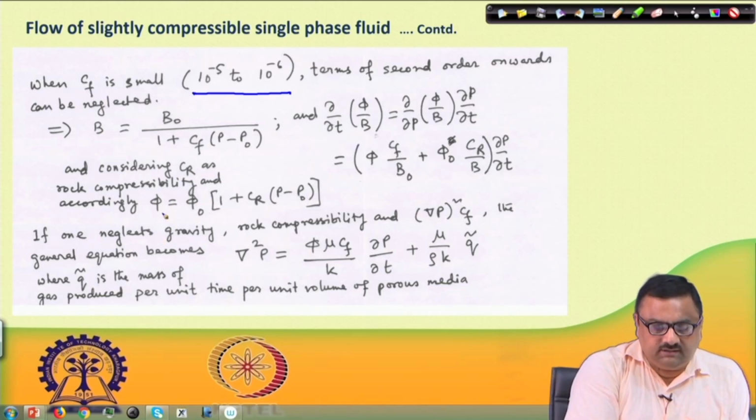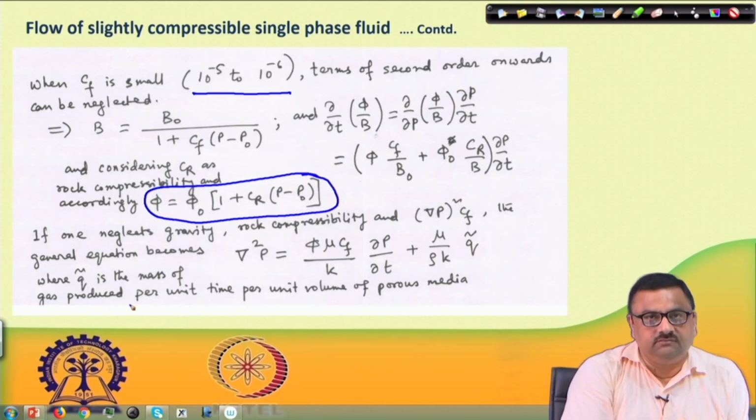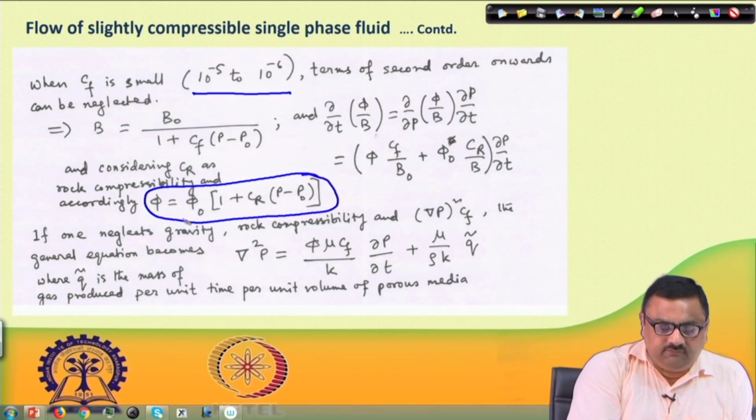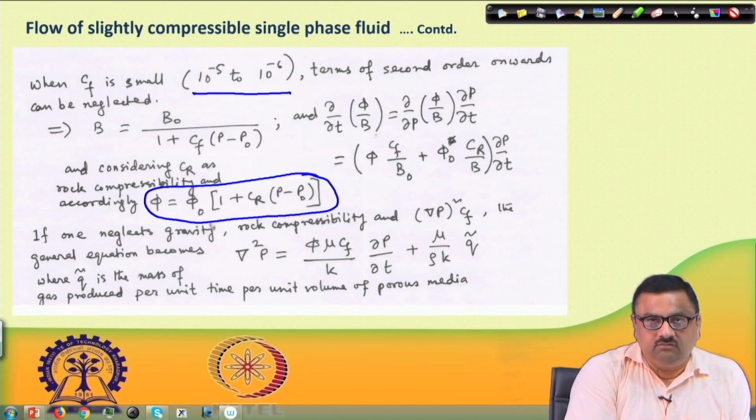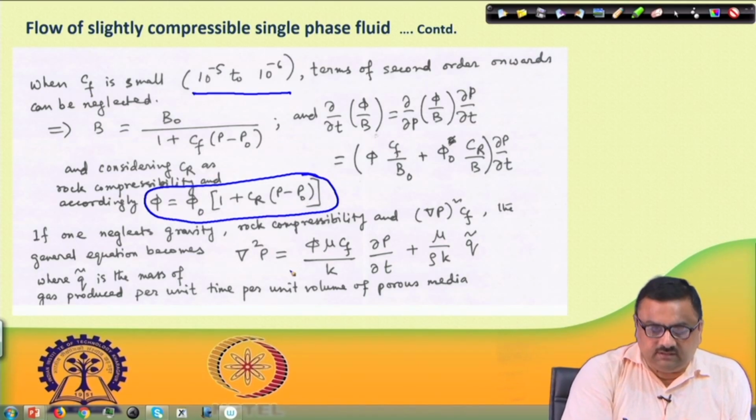and if one considers Cr as the rock compressibility, then one can write the porosity phi. If one considers rock to be compressible, that also is a possibility, then one can write phi is equal to phi 0 into 1 plus Cr (P minus P 0), just like the way we had written earlier